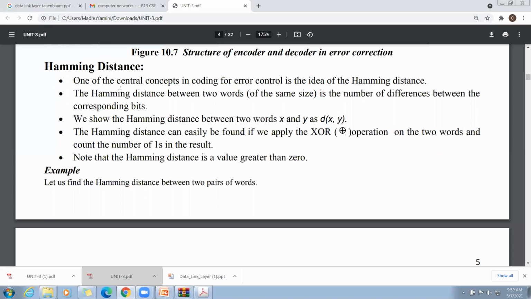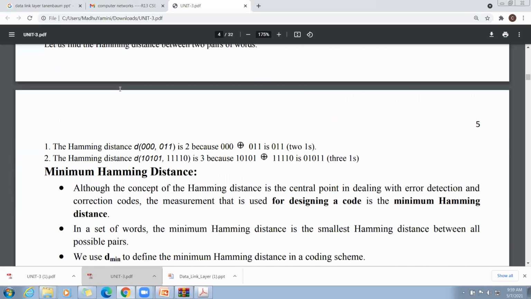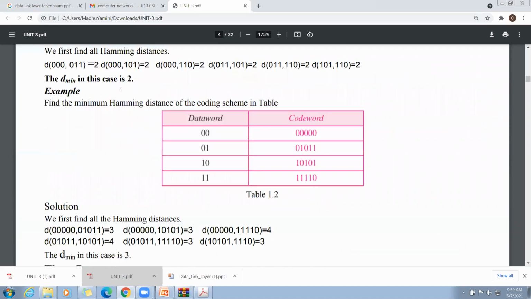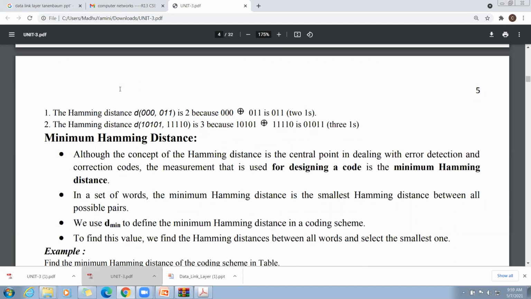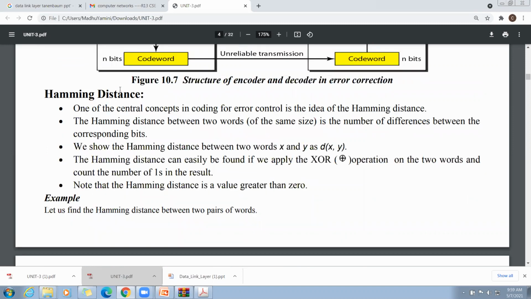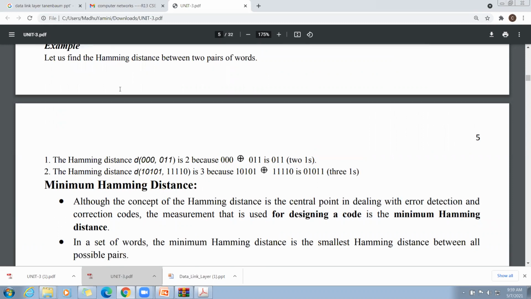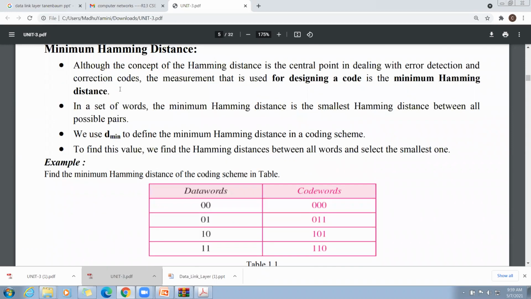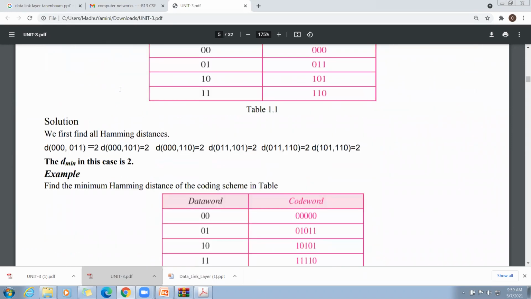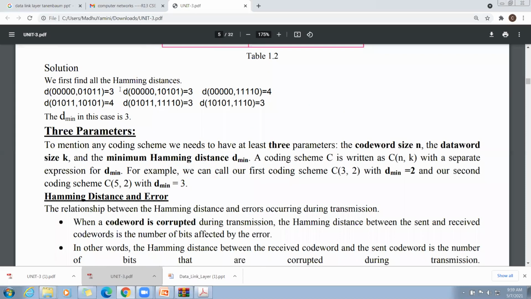This is a very simple scheme. You might understand it easily. In tomorrow's class, we are going to start with what Hamming distance is and how it will be used to correct the code. But this Hamming distance can sometimes also be used to detect errors.